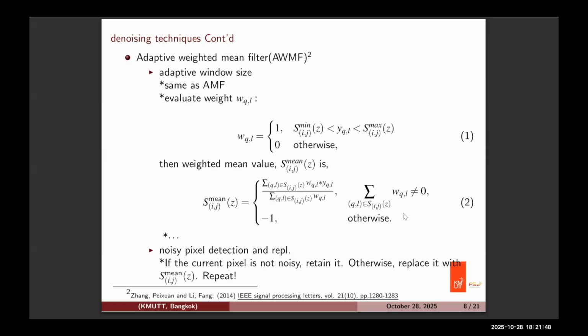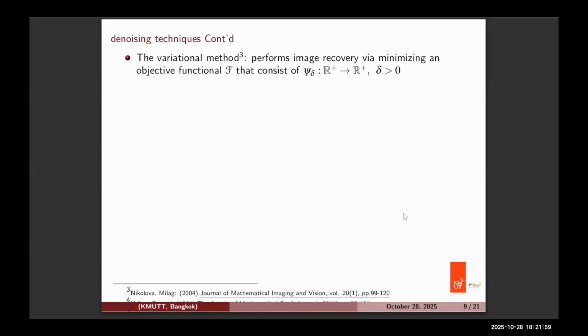So these are some of the popular approaches, to the best of my knowledge, about this concept of filtering for this kind of noise. And then it turns out there are other ideas that were introduced, which try to do it slightly differently. One of these ideas is called a variational method. In the variational method, instead of doing the filtering approach stated previously, the idea is